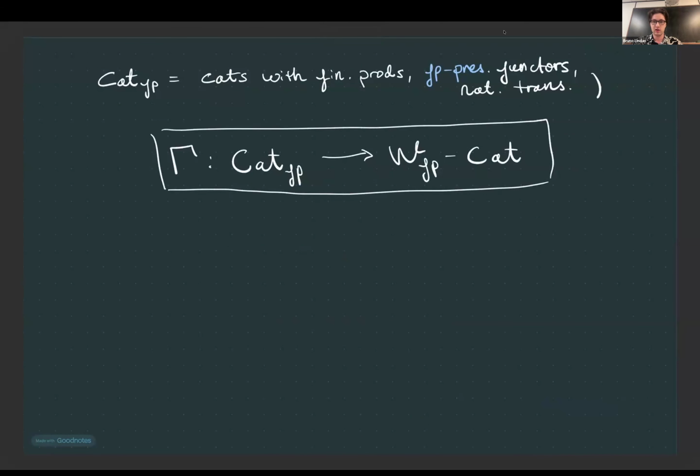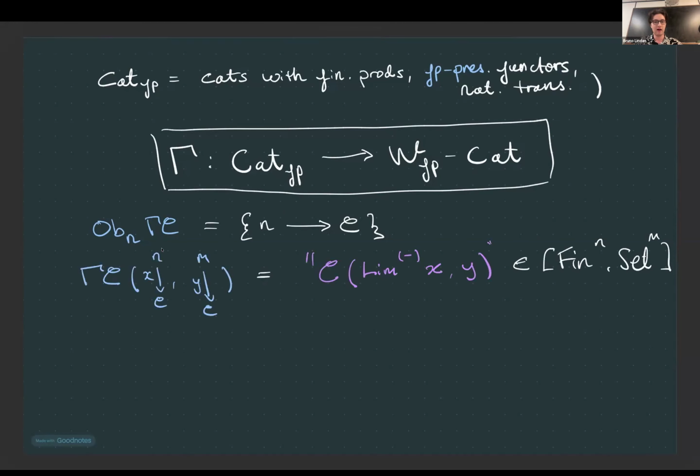Okay, so we've constructed this base of enrichment WFP, and if I'm going to have any hope of getting ultimately an equivalence between this here, which is the two-category of categories with finite products, finite-product-preserving functors and natural transformations, and this thing here where I've asked for some suitable colimits, I'm going to start by telling you, if you give me a category with finite products, how do I construct a WFP-enriched category? Again, because we want the objects in the base to behave like the arities for the operations involved, I certainly want the objects over n of gamma of C to be n many objects of C. Constructing the Hom arrow is a little bit more complicated, but really you should just think about this as telling me how homming out of a product behaves in C.